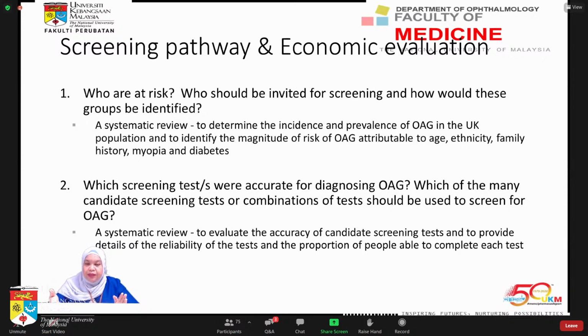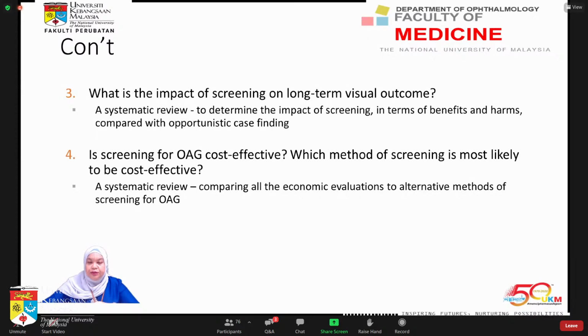The fastest way to look at this grant is to look at the systematic review. The first question, they wanted to know who is at risk, who you want to invite for screening, and how these groups can be identified. They wanted to know what screening test is actually accurate. They wanted to know the impact of the